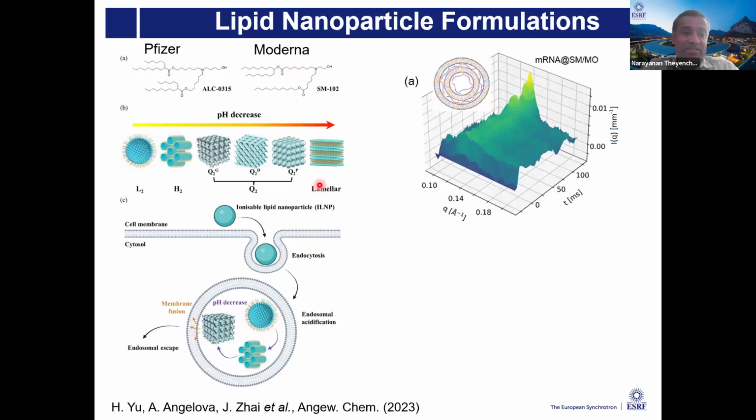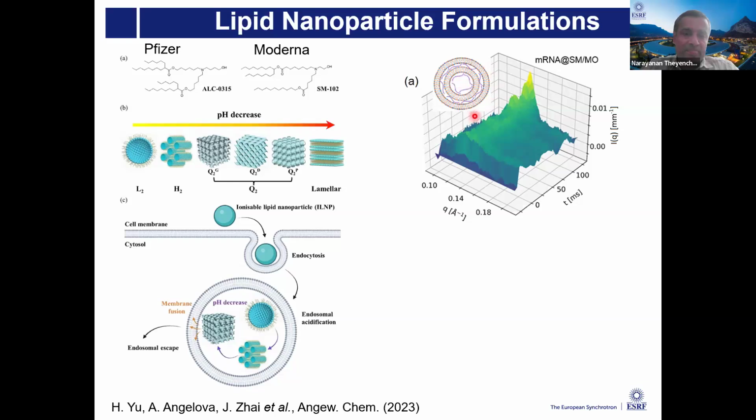So the mRNA is encapsulated by this kind of ionizable lipid nanoparticles together with the helper lipid. Depending on the pH, they can undergo a variety of allotropic phase transitions. So one can probe all this by just changing the pH. In this particular example, what is shown here is the